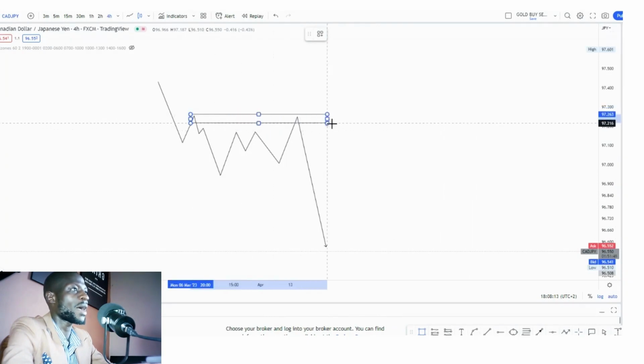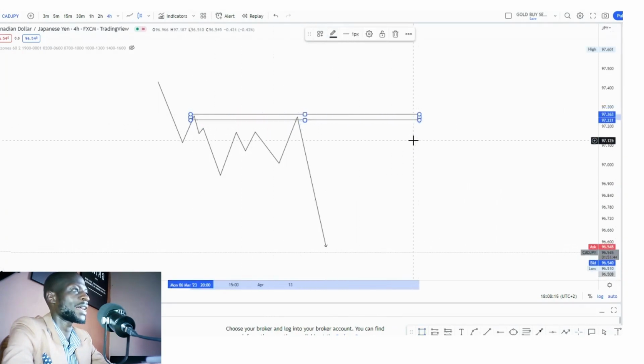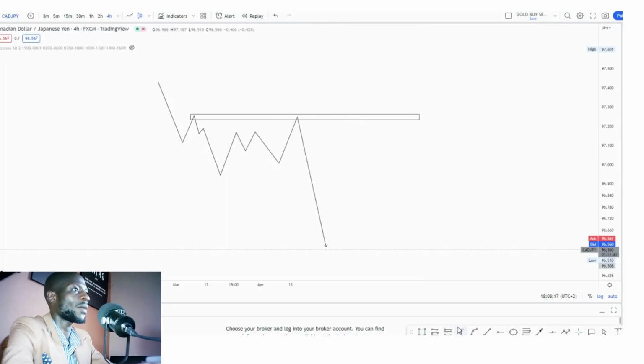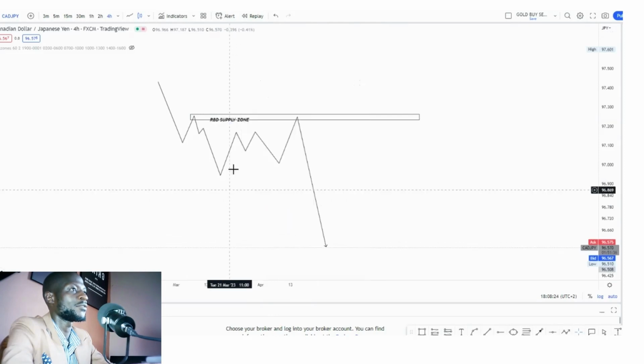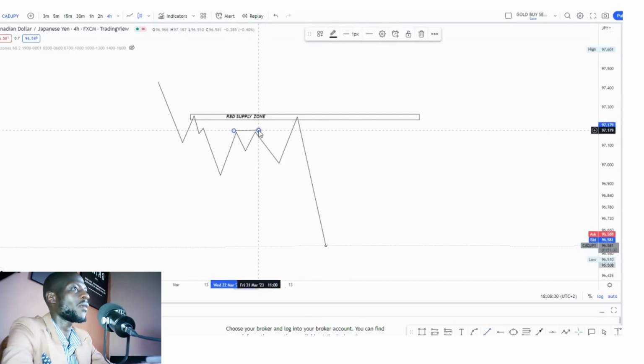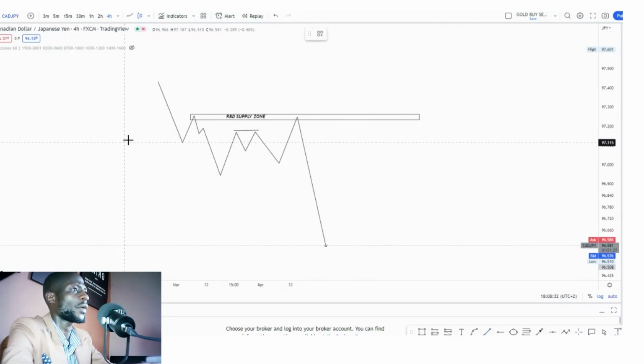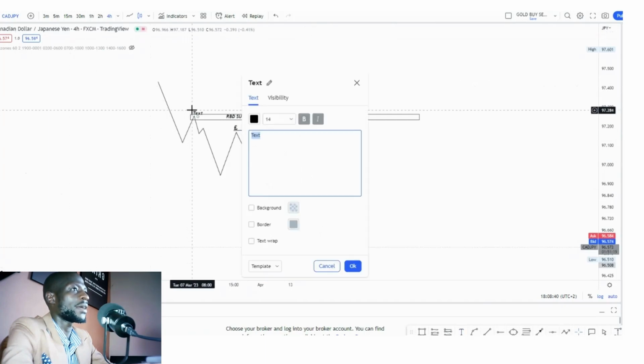So right here is our rally, base, drop, supply zone. Let's put that there. And then we have our equal highs right here. Very simple, right? We have our equal highs right there, and then we have our higher high right here,